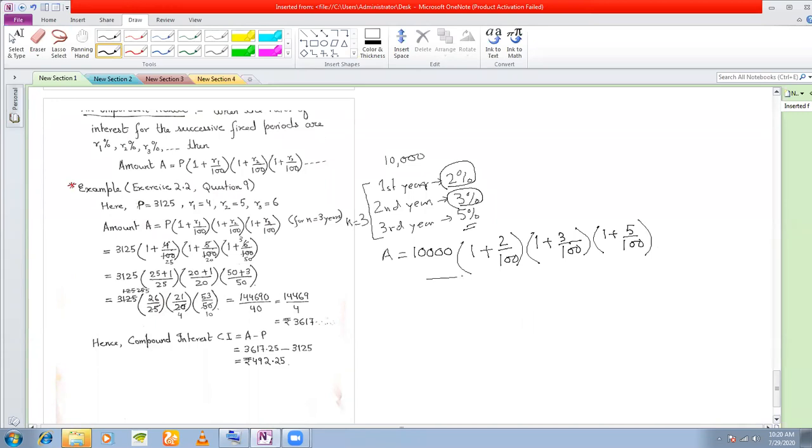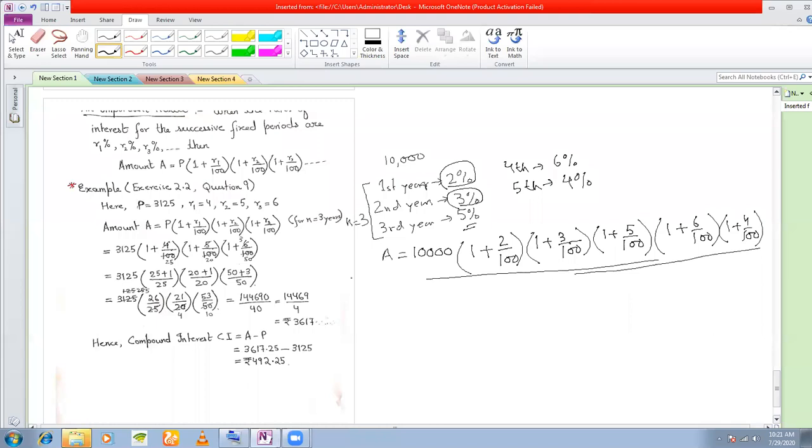Now I'll proceed to calculate the rate. Suppose if you have 5 years, say fourth year, again, if the bank is giving say rate of interest of 6%. For the fifth year, if the bank is giving a rate of say again back to lesser rate 4%, then what I'll do is I'll have again two more components, 1 plus 6 by 100 and 1 plus 4 by 100. Now I will proceed to calculate all these.